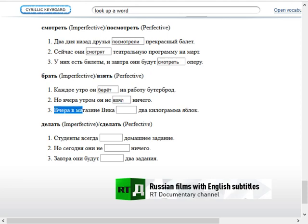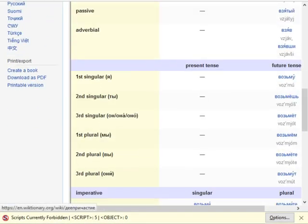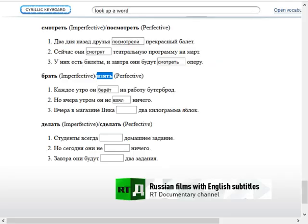And вчера в магазине Вика something 2 килограмма яблок. Вчера в магазине, yesterday in the store, Vika took 2 kilograms of apples. Okay, first things first. This should be perfective because it happened only once. I'm going to assume that Vika doesn't take 2 kilograms of apples every day or on a regular basis. That would get a little crazy. So, I was already on взят. So this is взят, perfective, one-time event. Vika is probably...